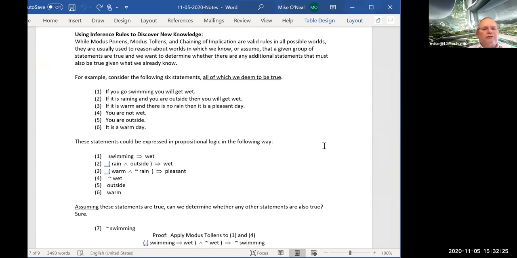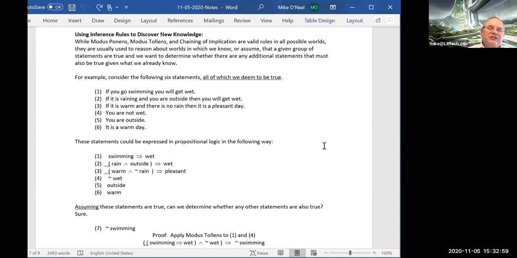We're going to be using inference rules to discover new knowledge, but we're going to be using those inference rules to discover new knowledge in a world where I'm giving you some statements and we are accepting that those statements are true. Now, if I screwed up in some way and give you a statement that isn't actually true, right, then the conclusions you come up with could be totally inapplicable to the real world. But